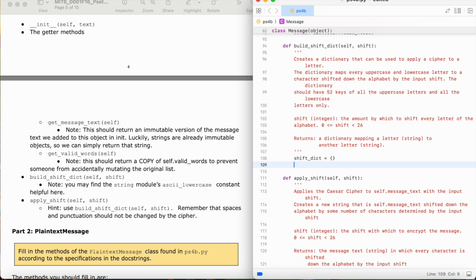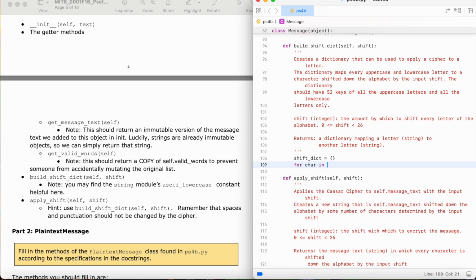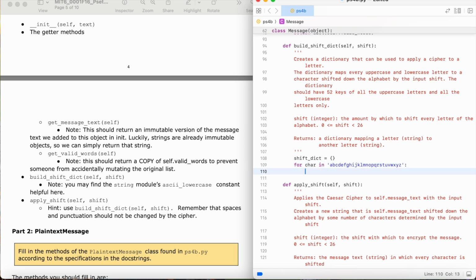So first, for every letter or character in the alphabet, so A, B, C, D, E, F, G, H, I, J, K, L, M, N, O, P, Q, R, S, T, U, V, W, X, Y, and Z. We have to type out the whole alphabet. For every single letter in here, we're going to define the shifted character